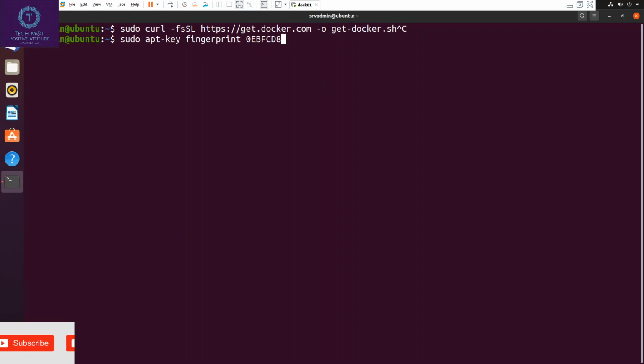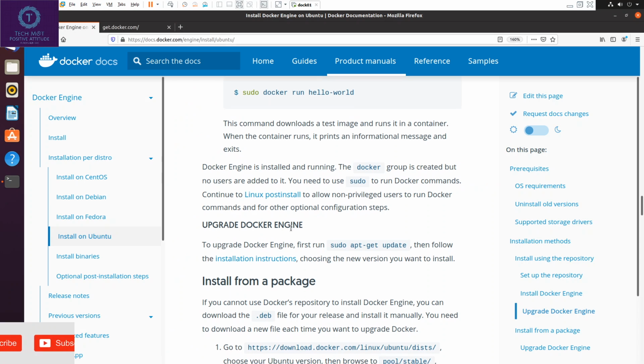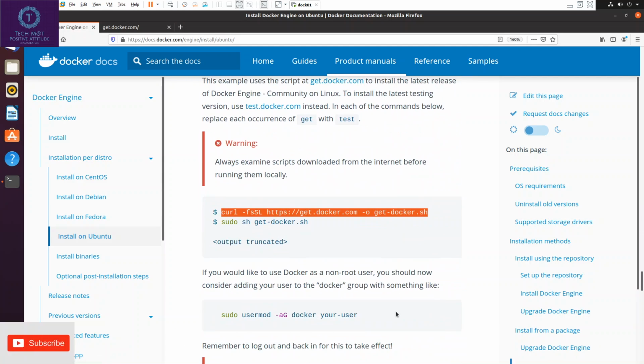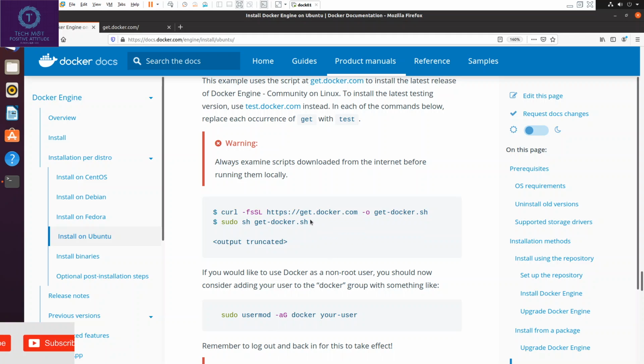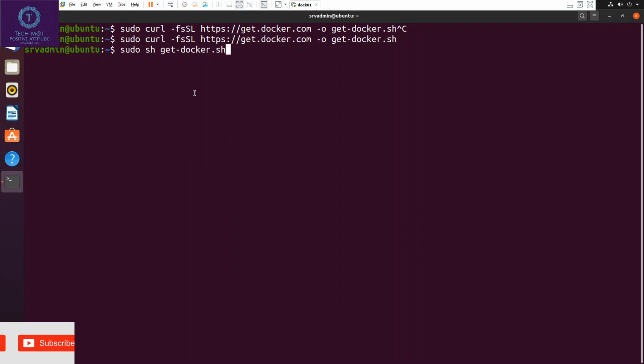First we will run the script to download. Once the script is downloaded, it's time to run the script. Command is sudo for elevated rights, then sh get-docker.sh.